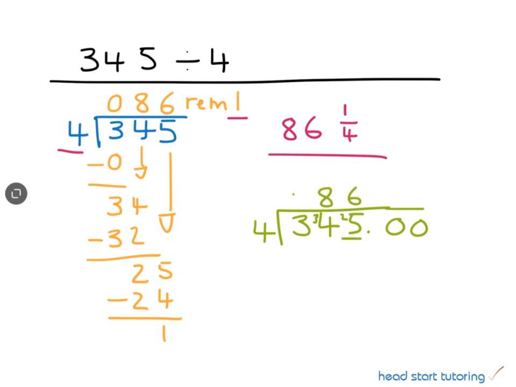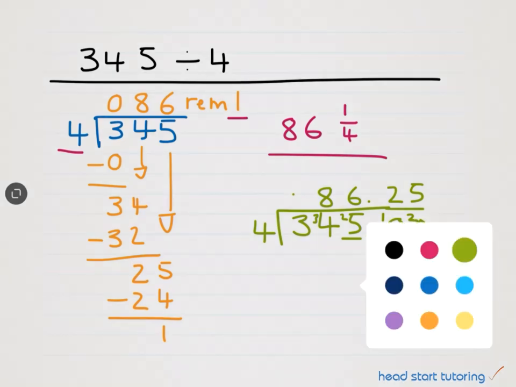And that remainder of 1 we carry over there. 4, and we bring up our decimal point. 4 into 10 fits twice, and 2 times 4 is 8, and the difference between 10 and 8 is 2. So our 2 carries over to our next 0. 4 into 20 goes 5 times. 5 times 4 is 20. So there's actually nothing left over. So our answer is